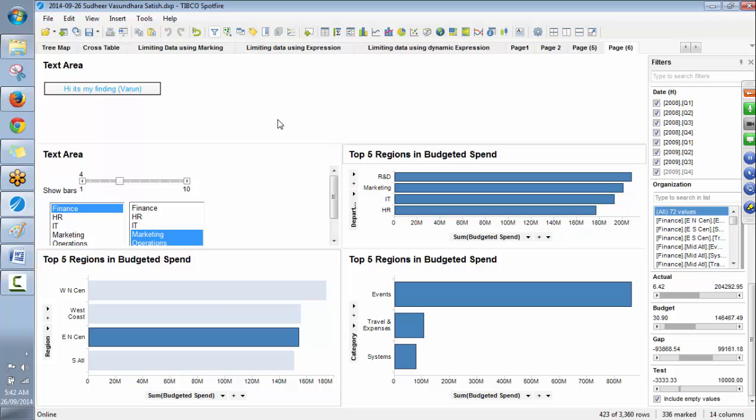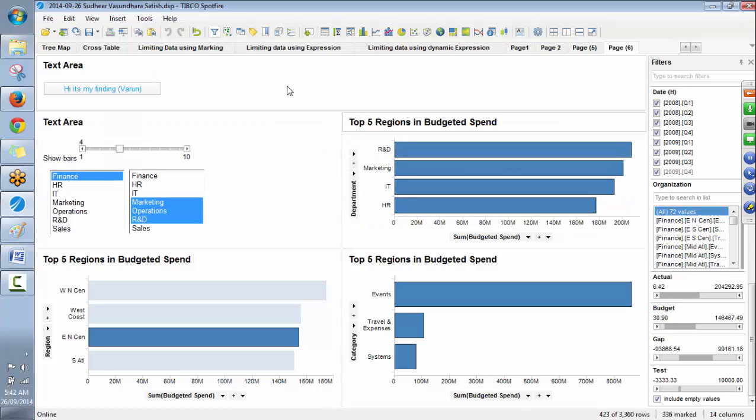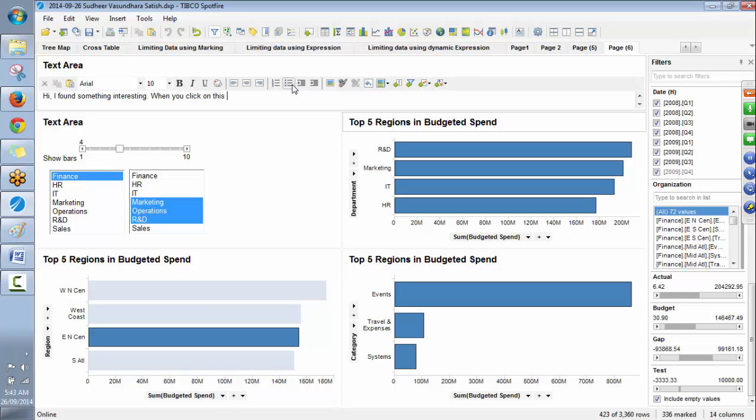So I'll be sharing this here and editing the text area, explaining things, and say, hey, I found something interesting when you filter the data to a particular setting, you can see some anomaly